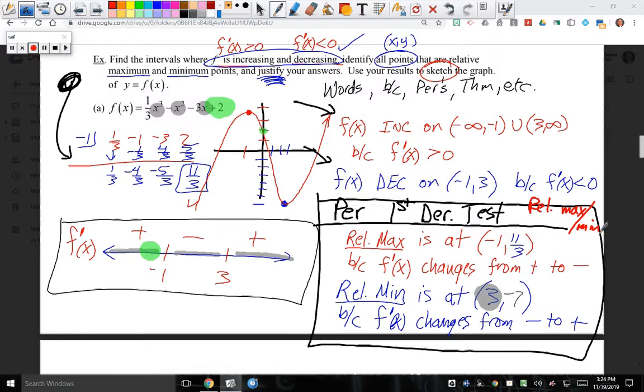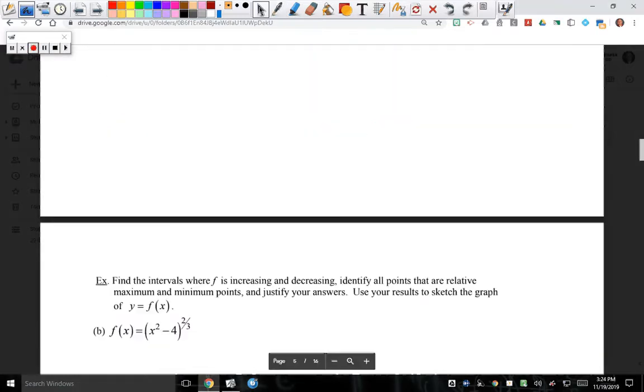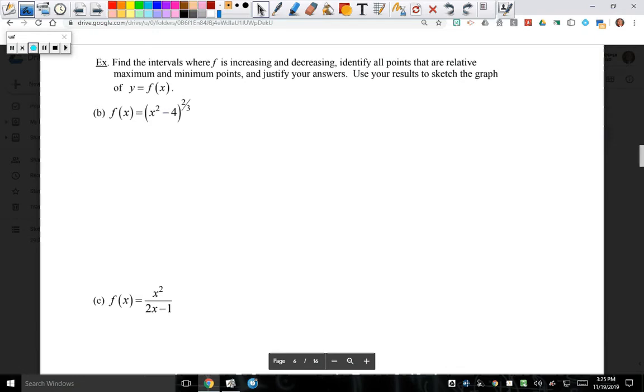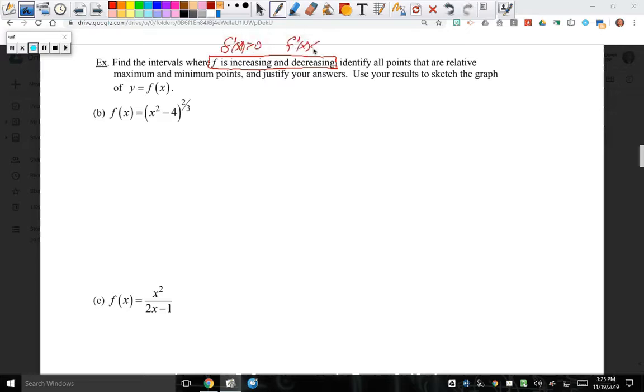Let's keep going. They get more difficult, more involved. Okay? Attention to detail is still real high. Here we go. We're trying to see when f is increasing and decreasing. So already I'm thinking of when f prime is positive and when f prime is negative. So let's go ahead and work it right now. So f prime, here we go. F prime of x